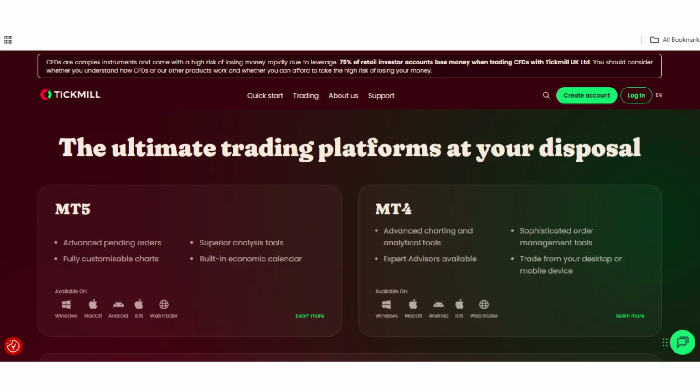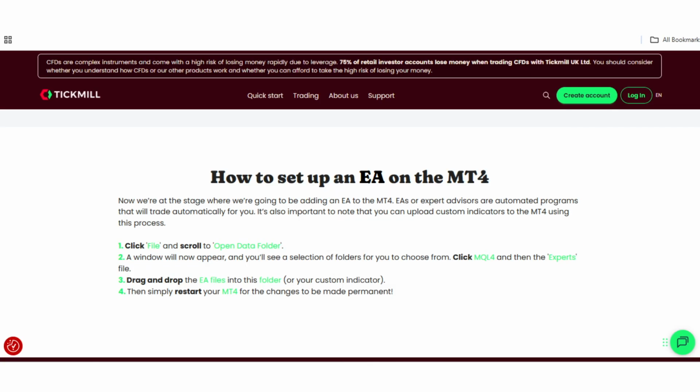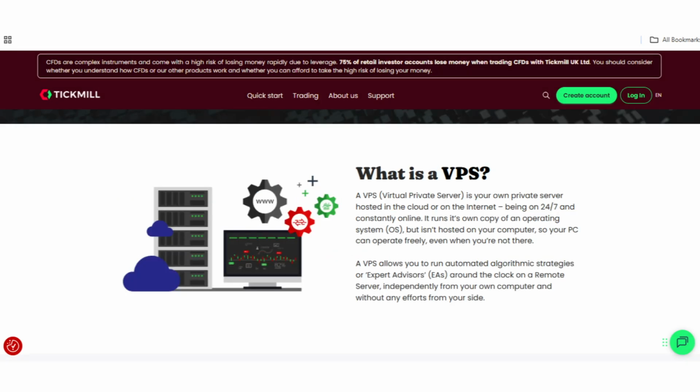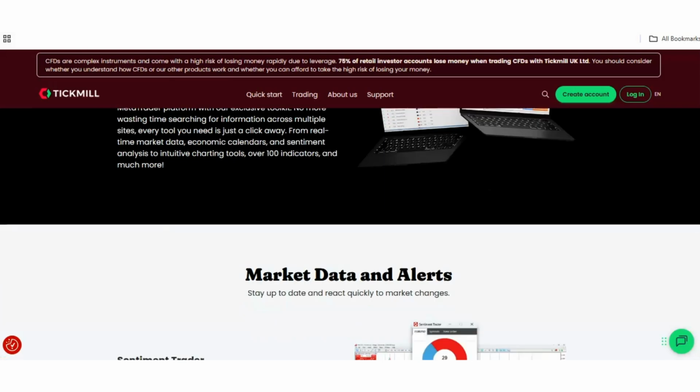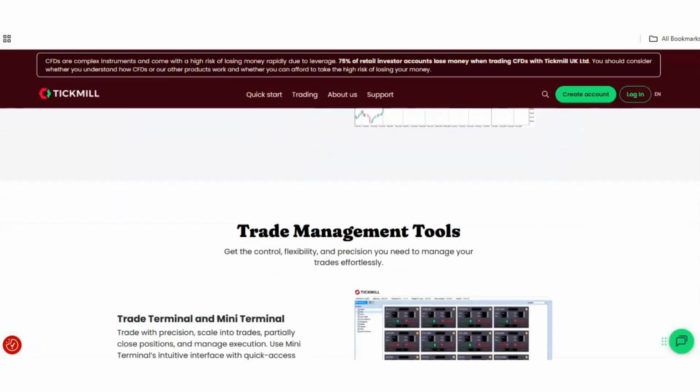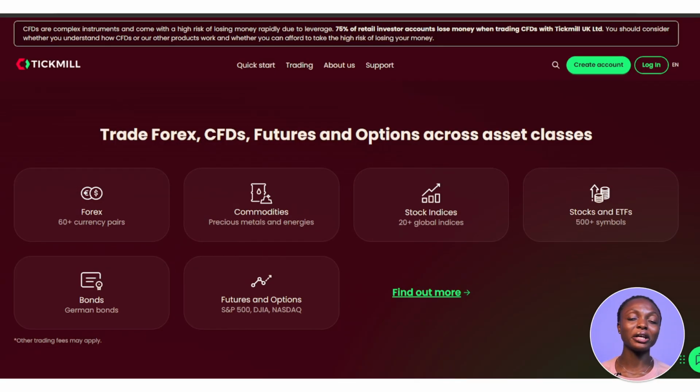For MetaTrader lovers, you can trade with Tickmill either on the MetaTrader 4 or MetaTrader 5 platforms, where you can engage in automated trading with their expert advisors, VPS services and algorithmic trading alongside other tools that may be convenient for you. And if you prefer to trade futures and options, then you will have to trade with their CQG platform. You may need to check out their tradable instruments to know if they offer the pairs that you prefer